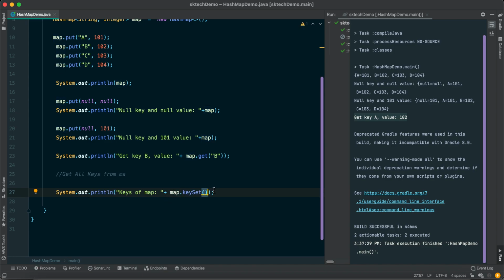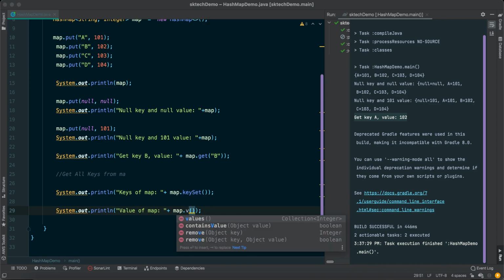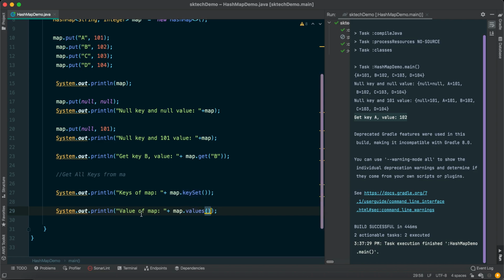This is going to return all the keys available inside this map. Similarly, let's say we want to get all the values. There is a method called values, so instead of keys, it should be values. This is going to return all the values available inside the map.